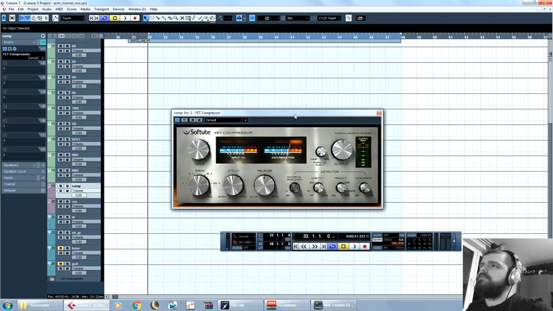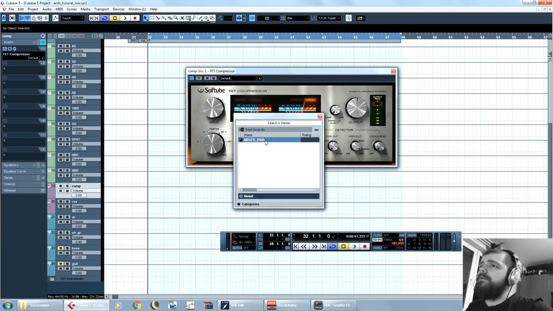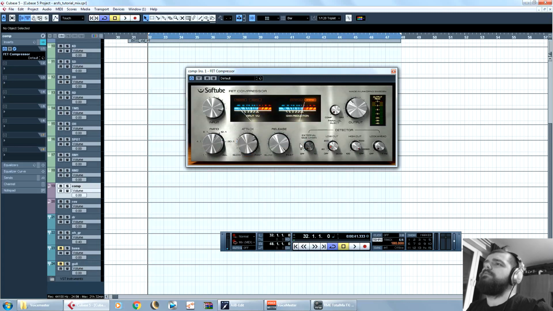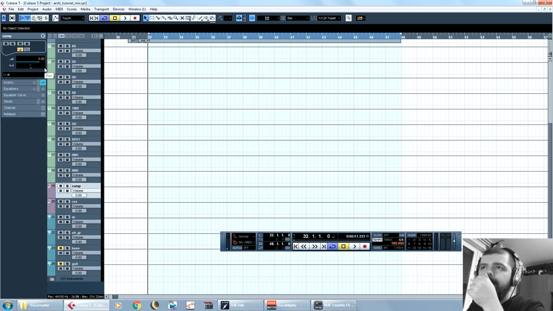Yeah, here it is, Softube. Awesome thing. I have my own preset here. This is my go-to preset for all the parallel drum stuff. I just put it there and I don't tweak it anymore. So you can pause the video and just look at the settings and try to duplicate that. That's all for the parallel compression. Later you'll see how it's used. I just want to keep it here so that I don't have to